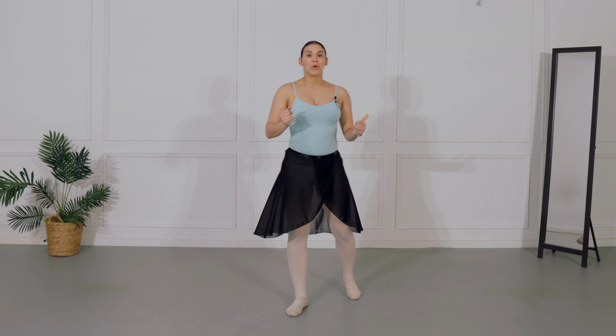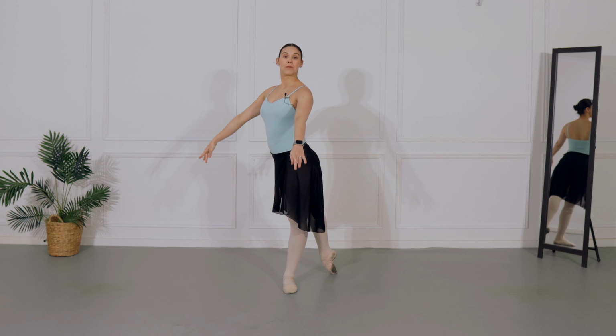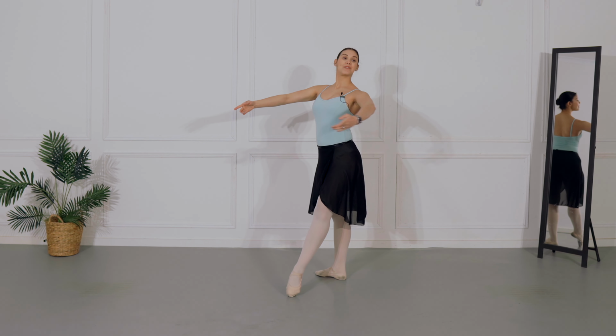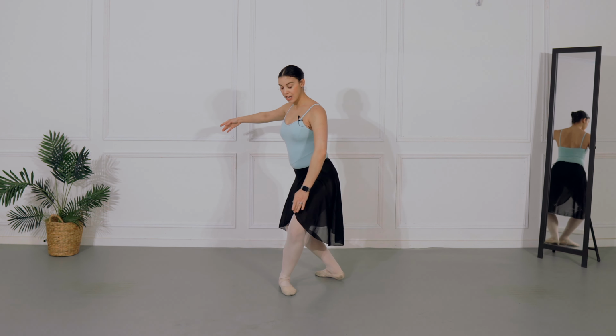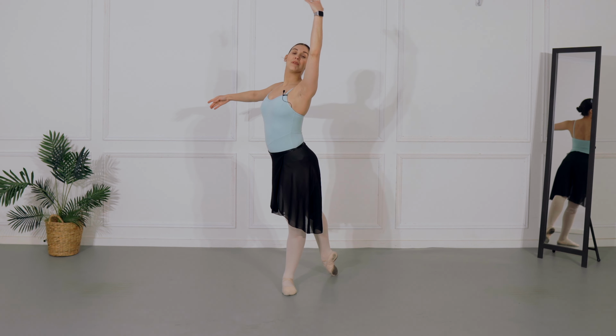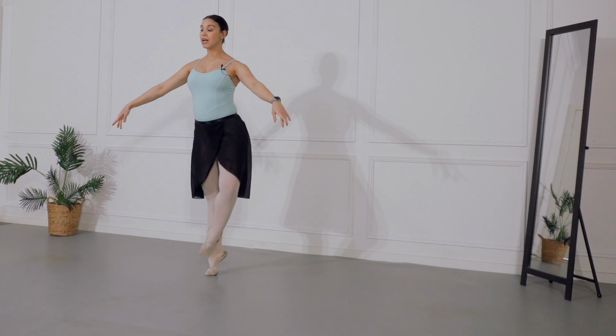Yes? Now with the arms. We have arms in classical pose that breathe round, round, second position. Your right arm goes demi-plié down, through the first, through the 5th. Plié that opens to second position, and now we just do an allongé